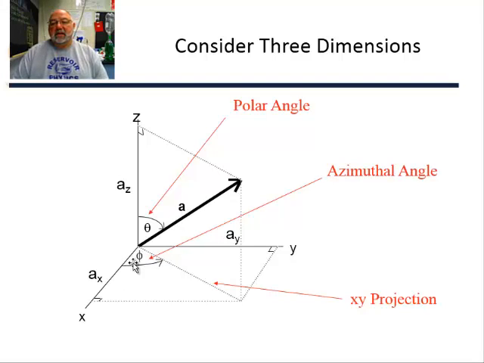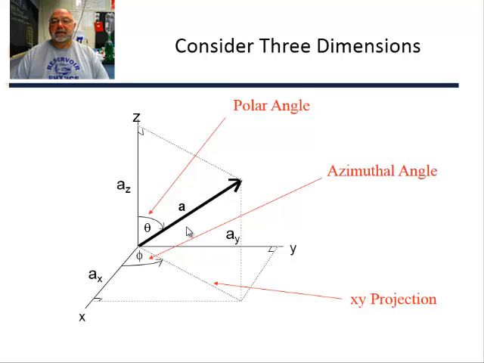Then there's the angle that the vector sweeps in the xy plane, and that's phi, and that's called the azimuthal angle. And then the last description is the angle from, this is called the zenith, and sometimes it's called the altitude angle, and that's described by theta. So 3 components to make up the